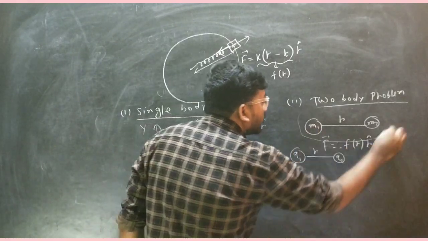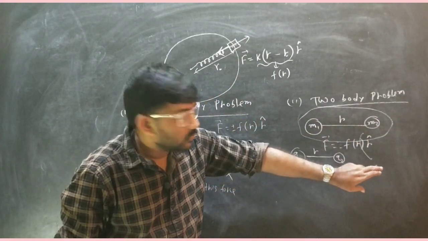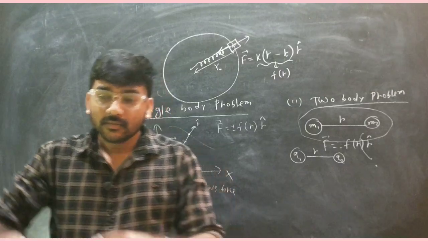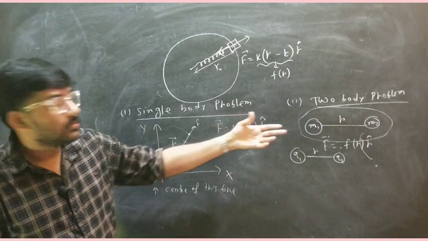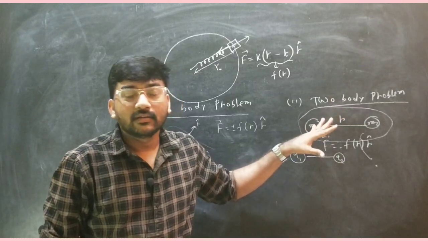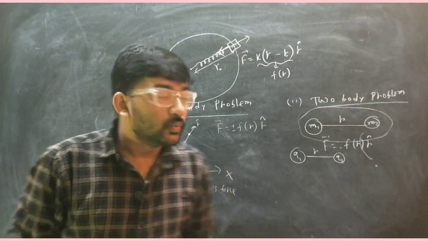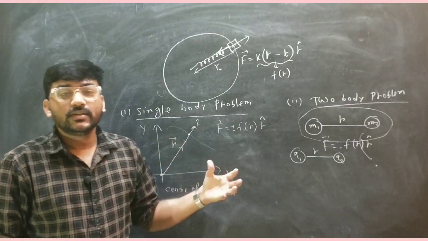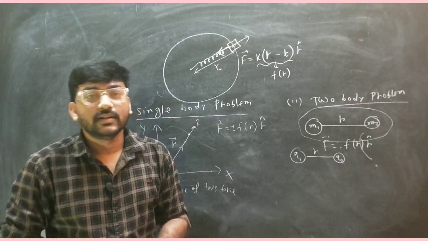If we consider these two bodies as a system of one body, then we will discuss the motion of this object and get the result by solving the mathematical equation. Then from those results, we can convert the results back to the two body system also. That is the mathematical way that we can discuss the central force problem, by using the equivalent one body problem. We will discuss in the next class how we can convert the two body system into an equivalent one body system by using reduced mass. That is completely a mathematical concept that we can discuss in the next class.